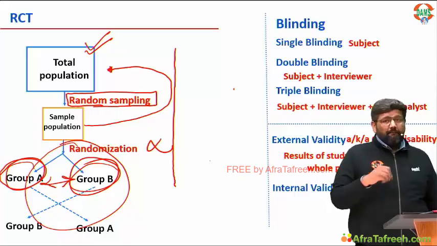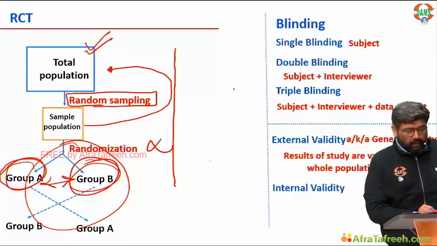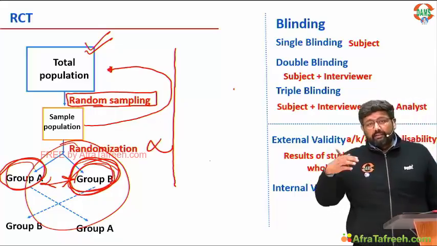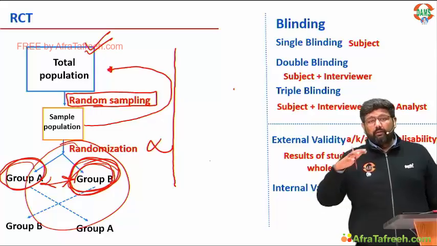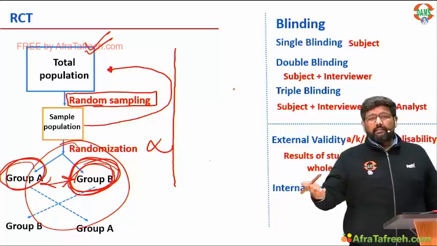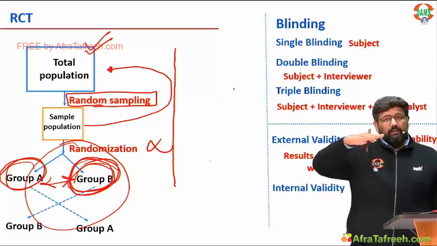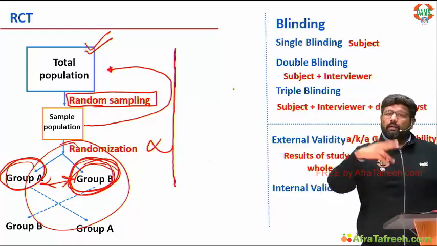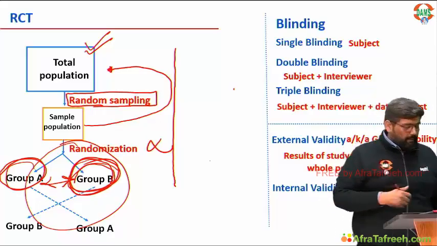But after doing the parallel RCT, now the person who earlier got the old drug will be getting the new drug, right? So this is kind of phase 2 of the RCT. After doing the research, we are now switching over the participants. Earlier who got the new drug, now he will get the old drug, right? This is known as